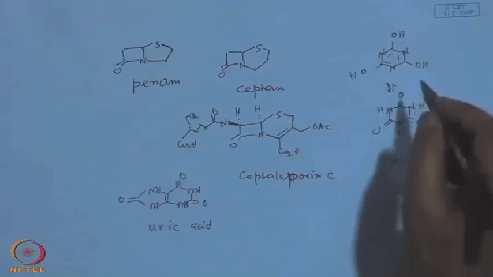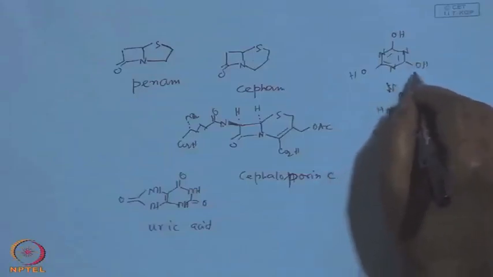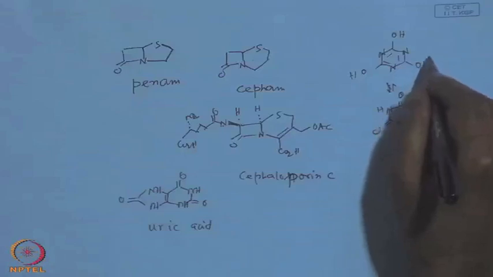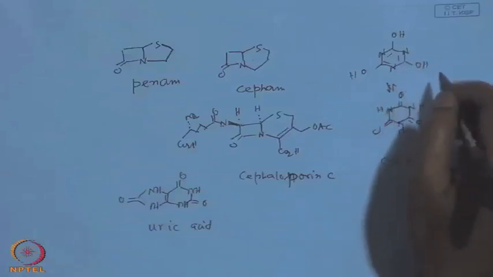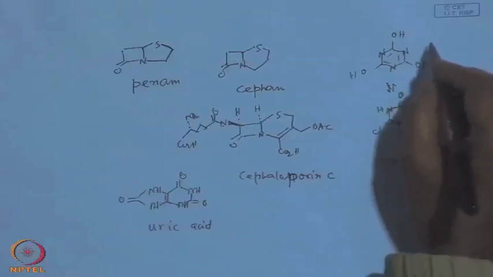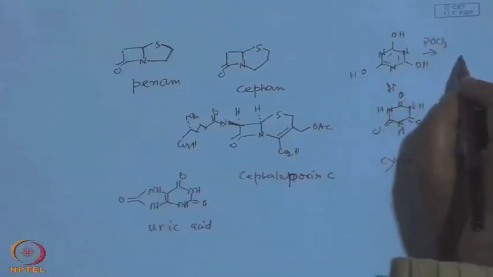Okay, that means the name implies that the keto form tautomerizes to the hydroxy form. So it's like a trihydroxy kind of thing. That means a phenol kind of thing, very acidic. In presence of POCl3, you can guess what the product is. The product would be